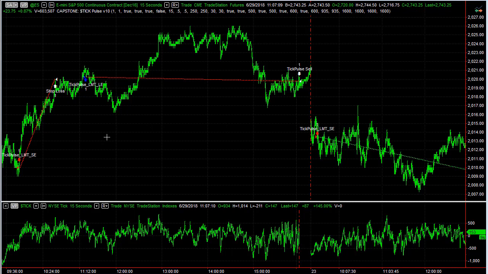All right, we're looking at Tick Pulse version 10 in MultiCharts. I want to show you the setup, and I want to show you that we have more data. I've cached data in the past in MultiCharts, so I have more historical data. I've purchased the database for the E-mini S&P, so I have historical data for the E-mini S&P back to the beginning, but the NYSE Tick I don't have for TradeStation. You can purchase that, but it's different in different data feeds, and so the data you purchase may be different